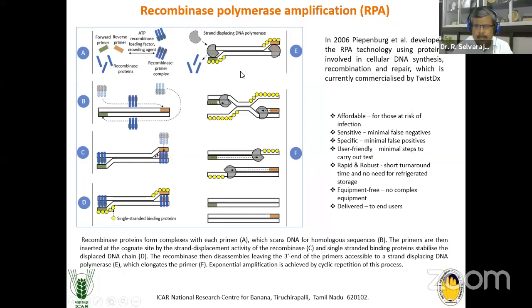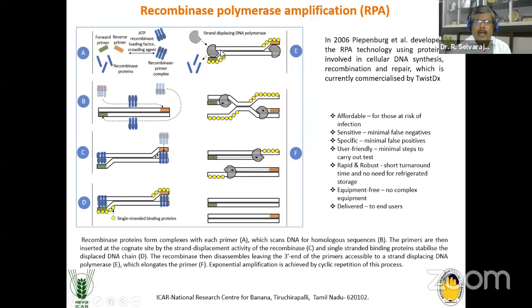You need not do heat denaturation, the initial denaturation step and all. It's not needed, since this contains recombinase proteins, single stranded binding protein, and a polymerase. These three are there. This recombinase goes and binds with the primer and immediately recognizes the target, and it goes